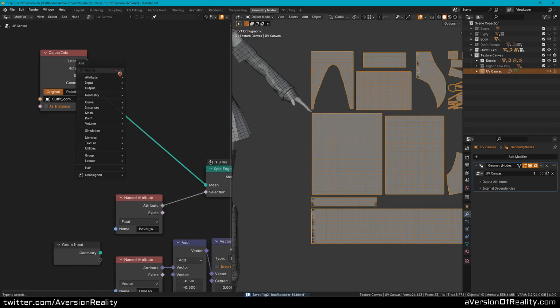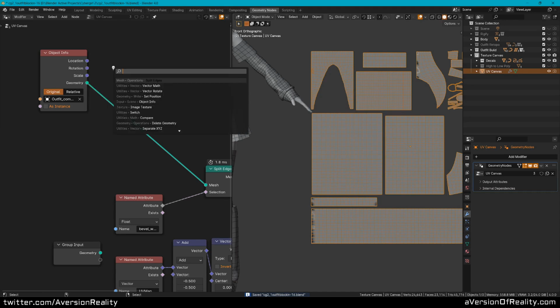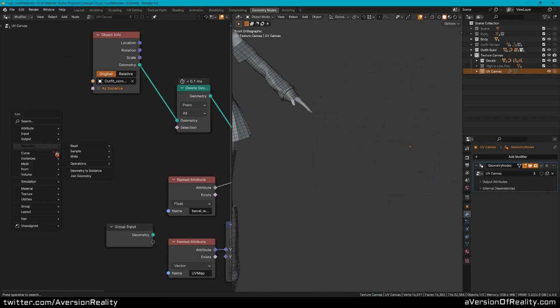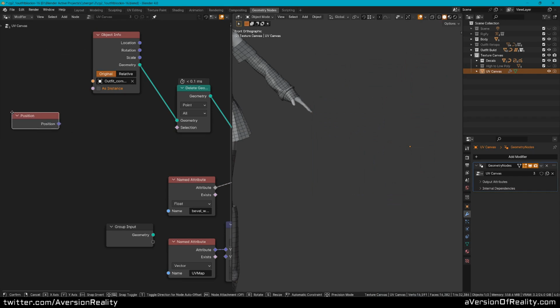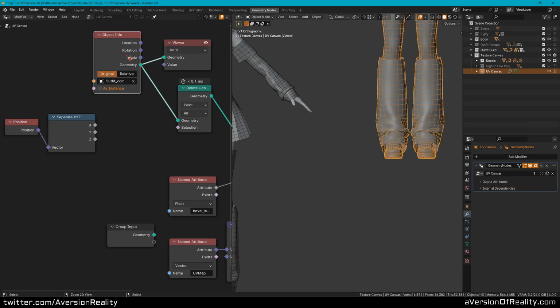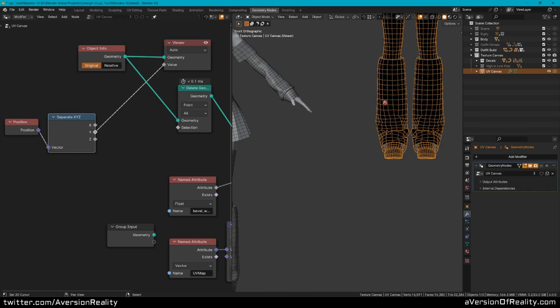So what I'm going to do is have the nodes delete the half of the mesh that I don't need. So that's deleting everything right now. We need to make a mask of only the right area. So we'll get the position attribute and separate XYZ. And now, that's that node.